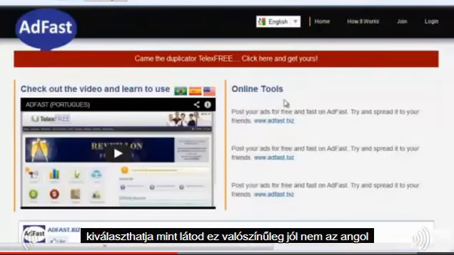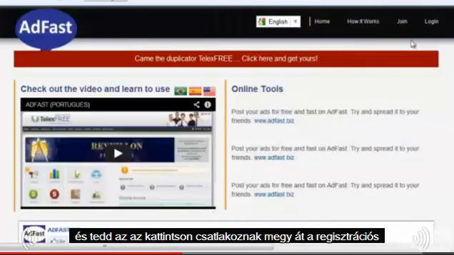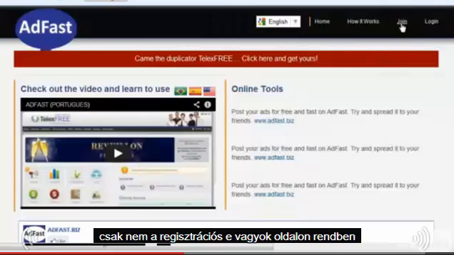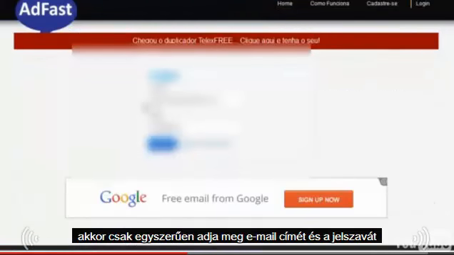You can select, as you can see, it's now in English. If it's not in English, guys, just select this and select whatever language you want. Click on join, go through the registration for this site, and then log in. So let's log in. Then just simply enter your email address and your password. All right,